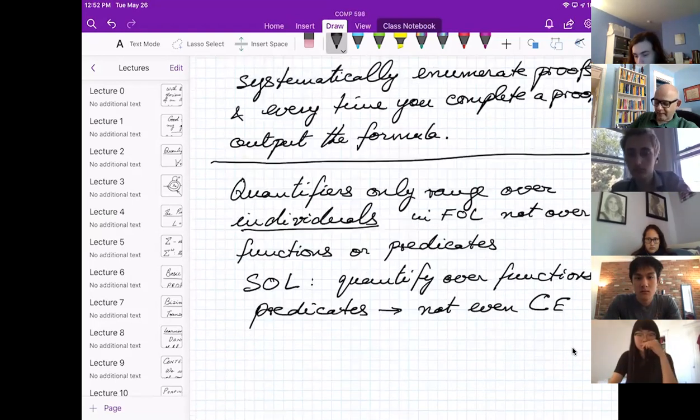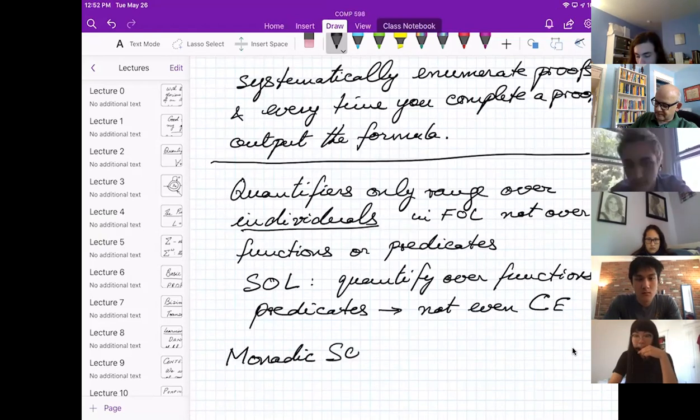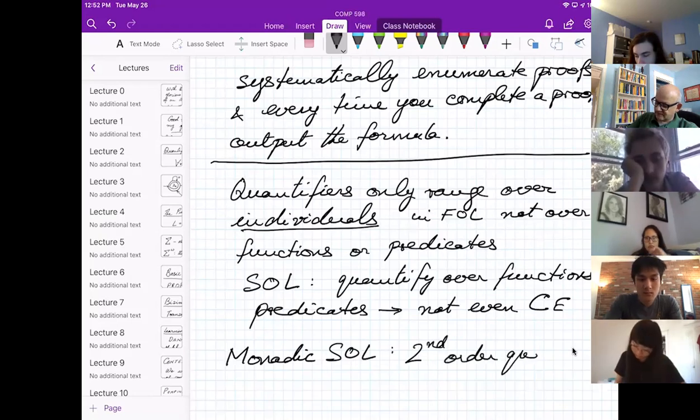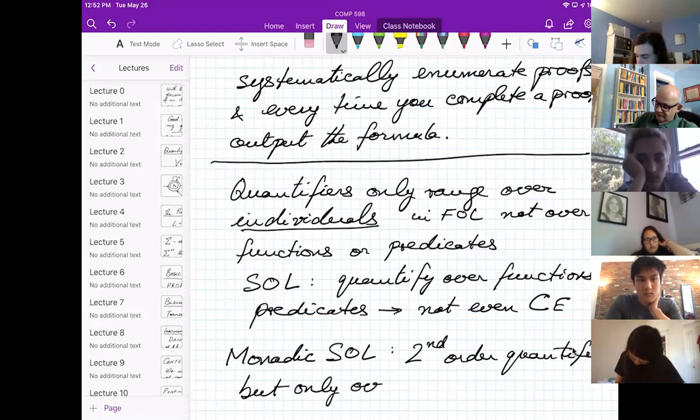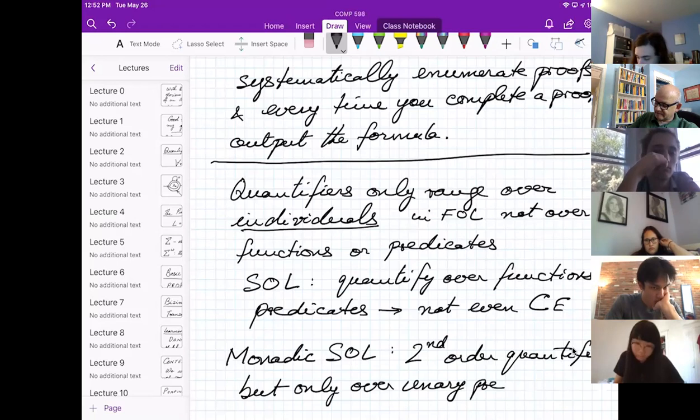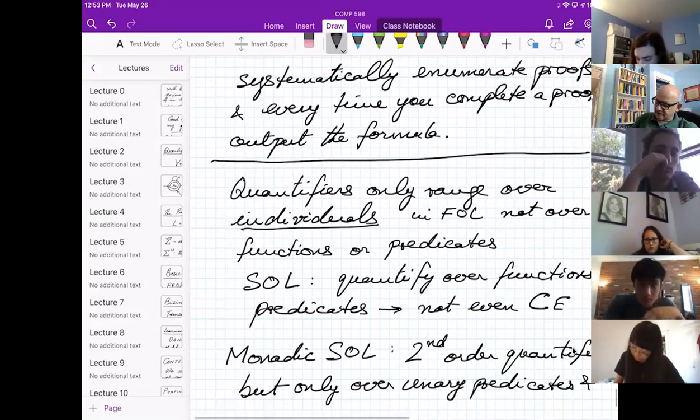But bizarrely, if you look at monadic second order logic, so this is, you have second order quantifiers, but only over unary predicates and not over function symbols.